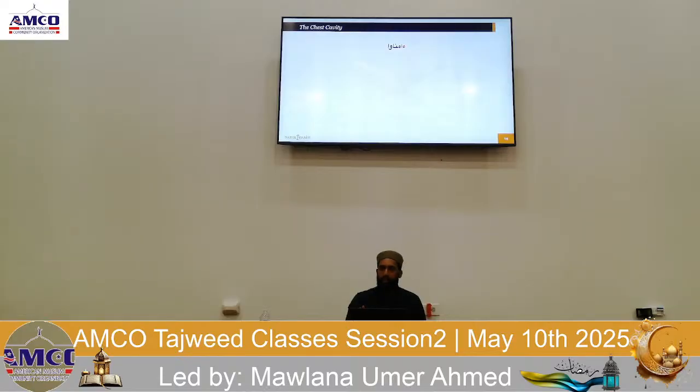Alif doesn't ever have fatha or dhamma. It only has sukoon, and it only comes after a fatha. When you say A'udhu billahi, first you have lam with fatha, and then you have alif. Billah. So the second letter is the alif. Is that clear? Hamza can have fatha, a. It can have dhamma, u. It can have kasra, i. So that's hamza, and it has different makharij than alif.